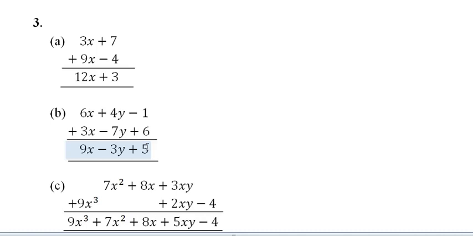Okay, when there are unlike terms, just skip that part, because the addition of x plus y will be equal to x plus y. And the subtraction of x minus y will result in x minus y only. For example, if you have one black pen and one blue pen, you cannot say that you have two black pens or two blue pens. This logic we apply in algebra.